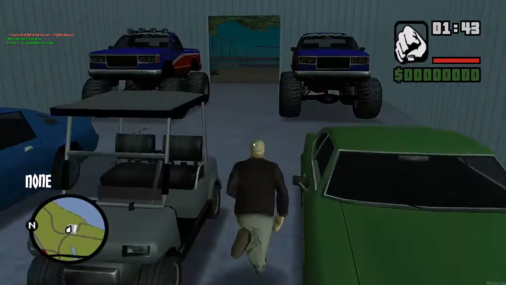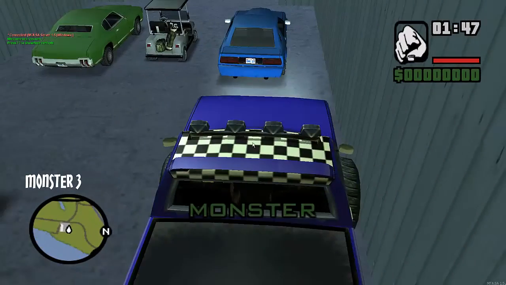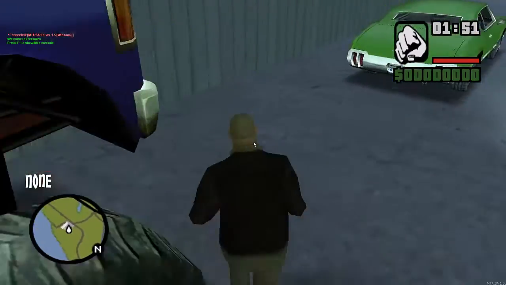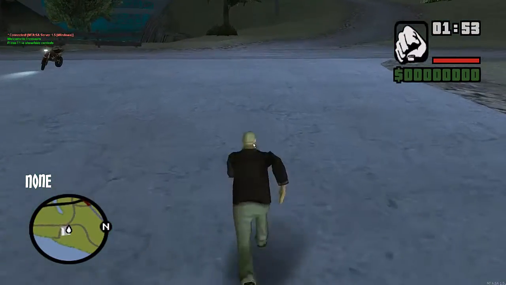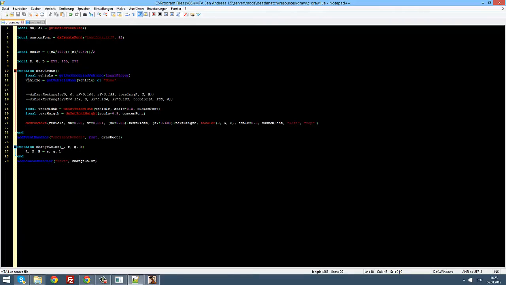It even works with the monsters. It works with every car, with every boat, with every vehicle in the whole MTA. So yeah, I think this is quite explainable. But just for some, if you maybe did not get that, local vehicle, meaning that we assign the variable vehicle to something,